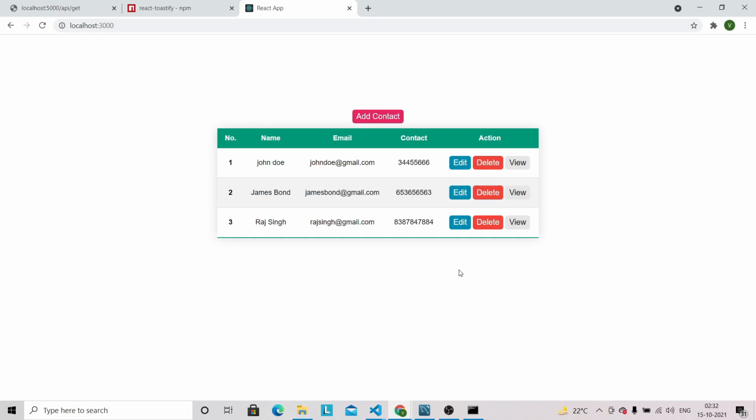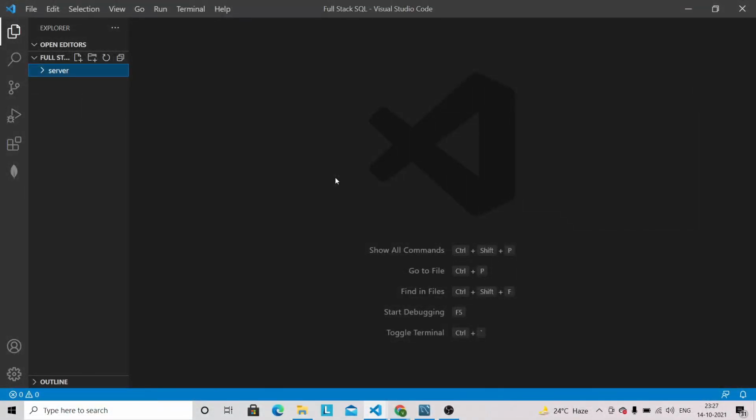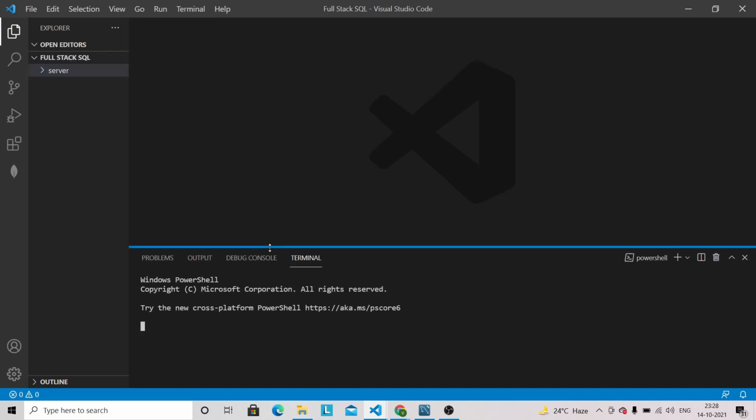So let's start building this application. We have to go to Visual Studio Code. So guys, I am in my Visual Studio Code, and you can see that I have one empty server folder. First I will create a package.json file in order to install the dependencies. I will open a terminal here inside my Visual Studio Code, and I will go to this server folder. So cd server,